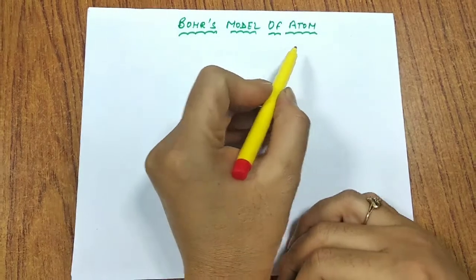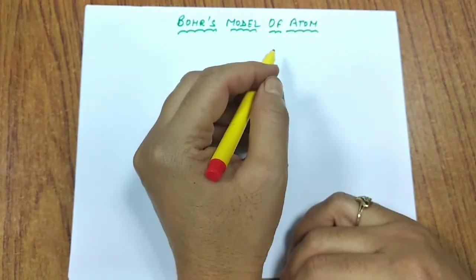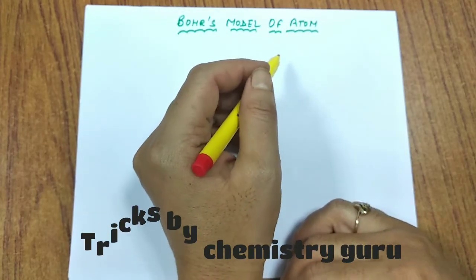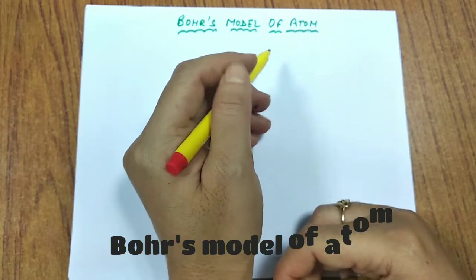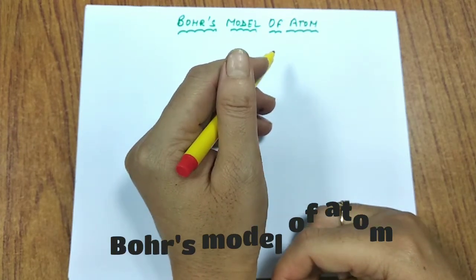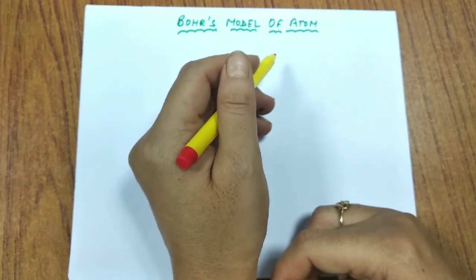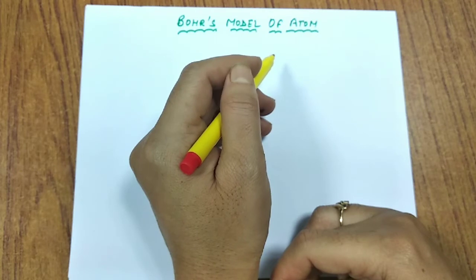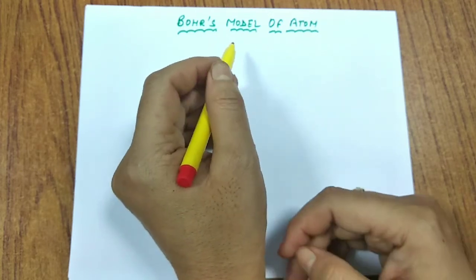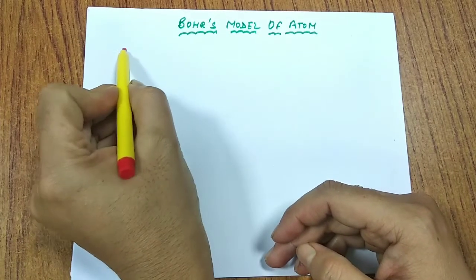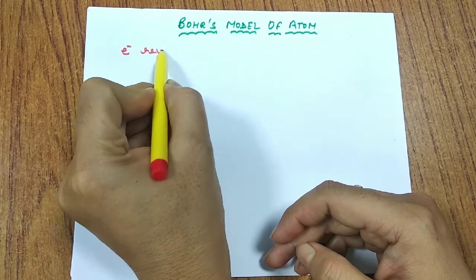I'll teach you about Bohr's model of an atom. We have studied the Rutherford model and it has certain drawbacks, and the major drawback is that the atom is unstable. So to overcome the drawback of Rutherford, Bohr postulated that electrons actually revolve